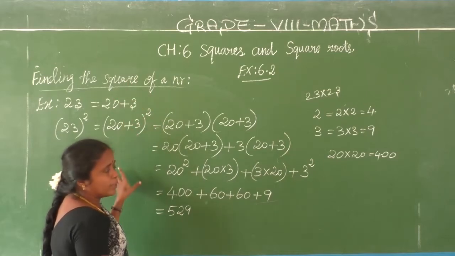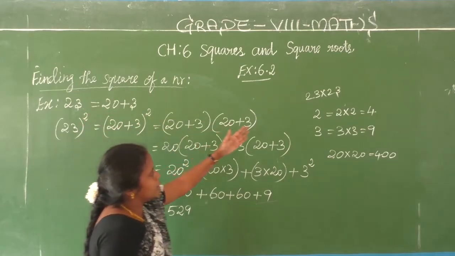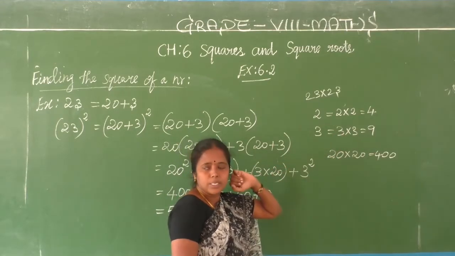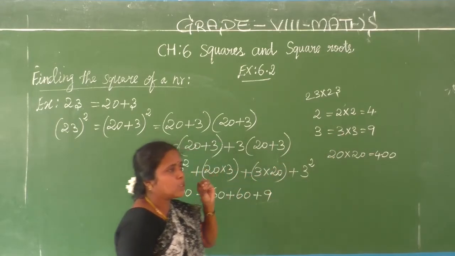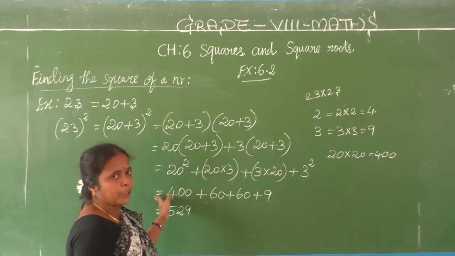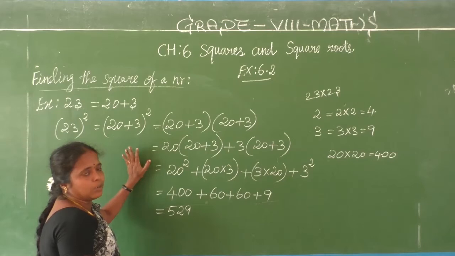Now what we are going to see, children? Finding the square of any number. If the numbers are at a smaller level, like single-digit numbers, we can get the square numbers easily. But suppose 2-digit or 3-digit numbers, how to find that, I am going to work out now. See, without actual multiplication, what we are doing.